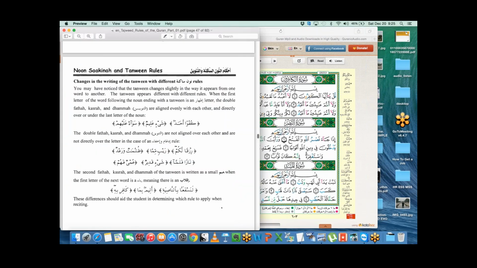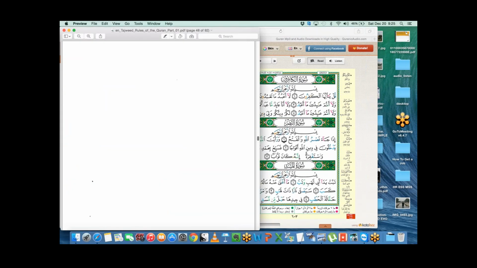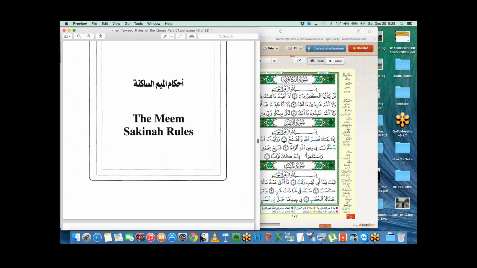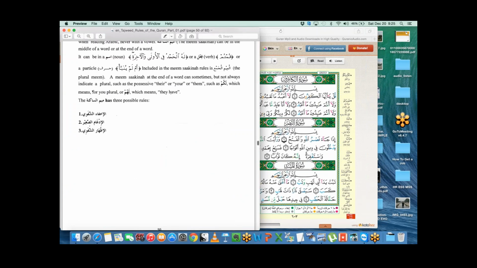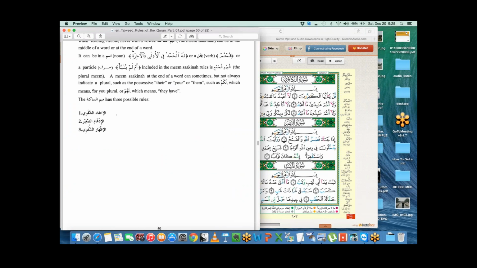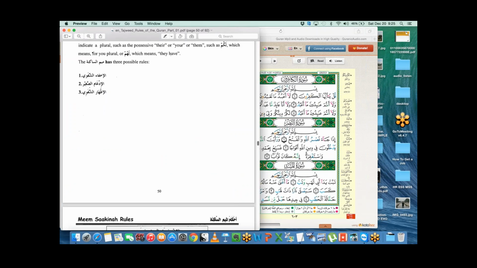We had covered Idhar, Idgham, Iqlab, Ikhfa, the Nun Sakina rules, and we also covered the Mim Sakina rules. Mim Sakina rules have Ikhfa al-Shafawi, Idgham al-Saghir, and Idhar al-Shafawi, which we covered last week.